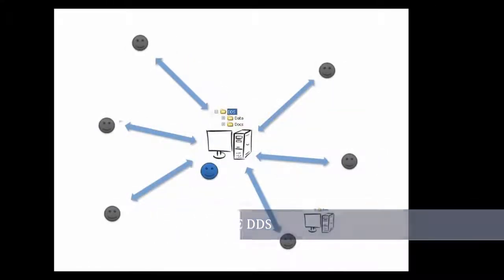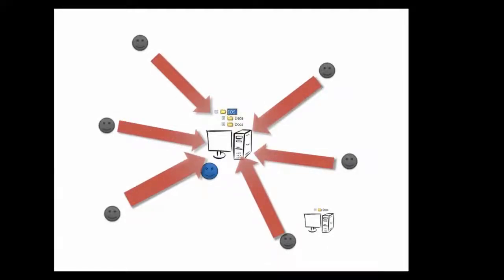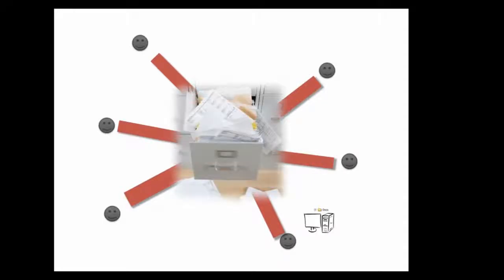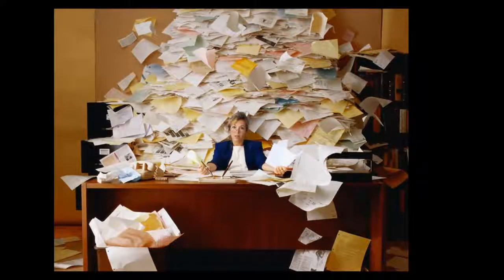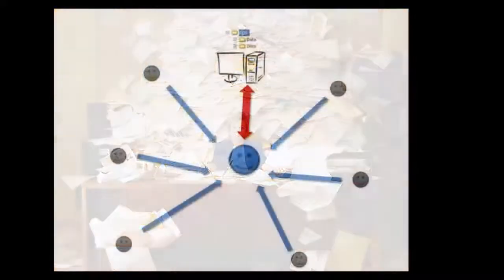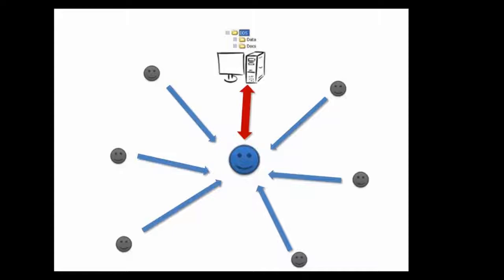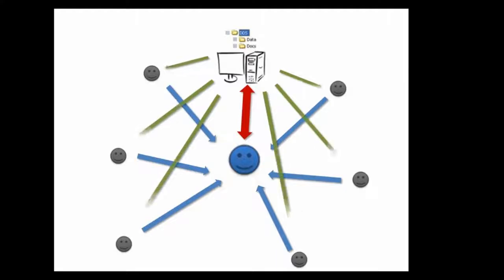One disadvantage to a central store to which everyone has access is that it can easily become a dump, and dumps are a nightmare to sort out. Think back to times when you've attempted to tidy your desk or filing cabinet, and imagine how even more frustrating this could be when everyone was dumping paper on it. To help avoid a dump, you might consider appointing someone as the custodian of the DDS. Data and documents go to and from the DDS via this person. An alternative would be to give everyone read access, but only give write access to the custodian.